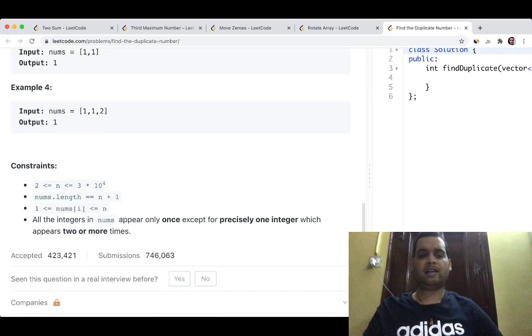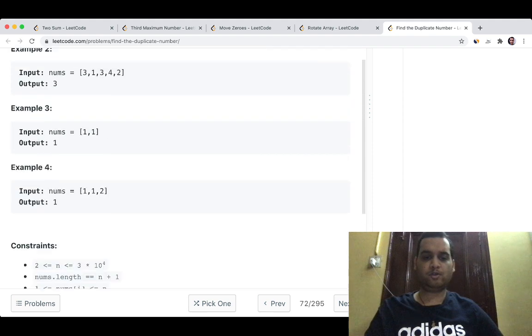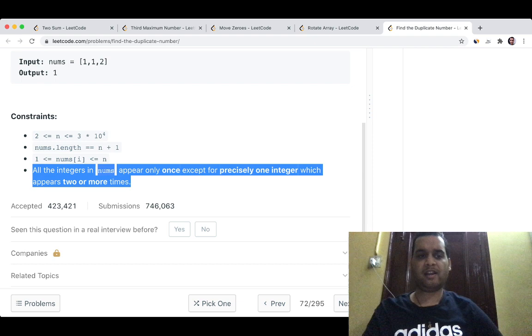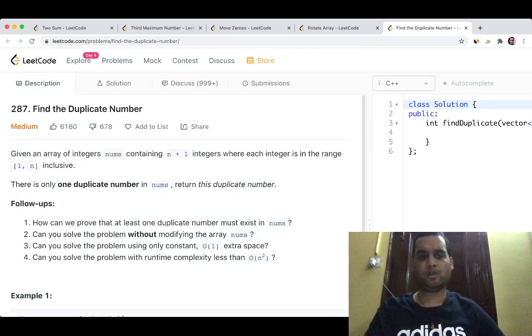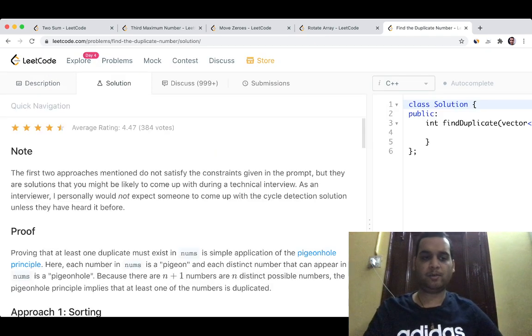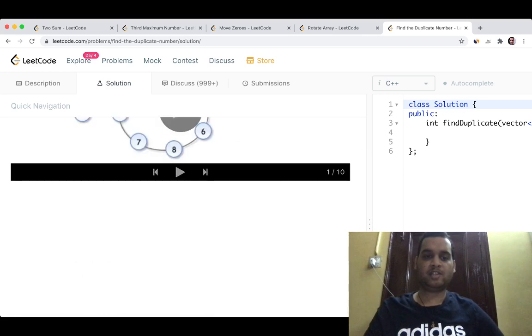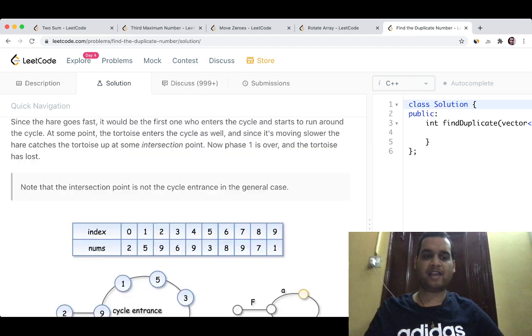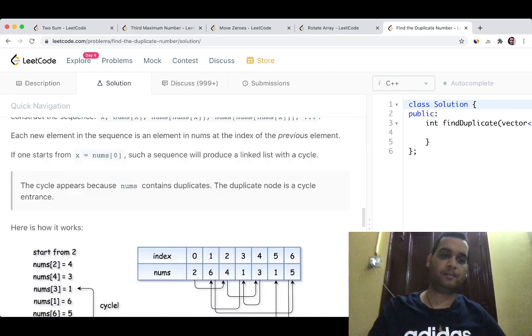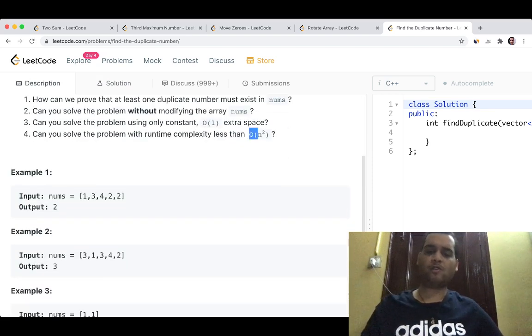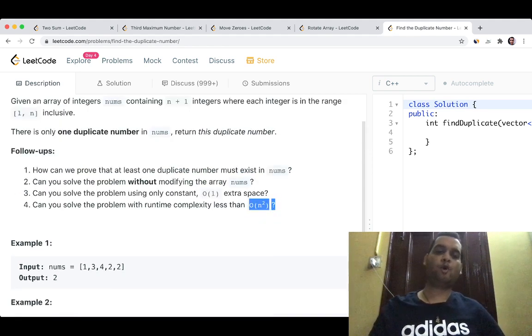It's quite an interesting question, and I hope you are able to solve it. These are some more constraints that you can look at, and you can surely check the solution or try on your own, but I must say that you must do it on your own first. The concept of cycle detection is going to be applied. That is the most optimized approach, but you can also start by doing it in O(n square) as practice if you are just beginning your coding. That's not an issue. You can first do it and then see the more optimized approach.